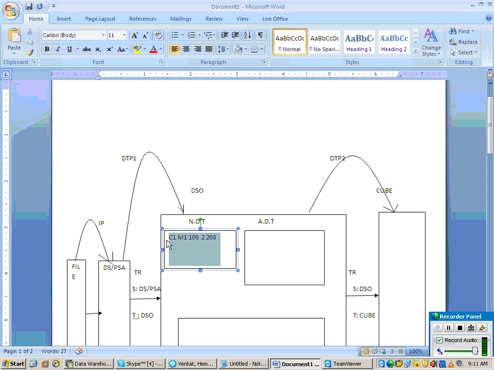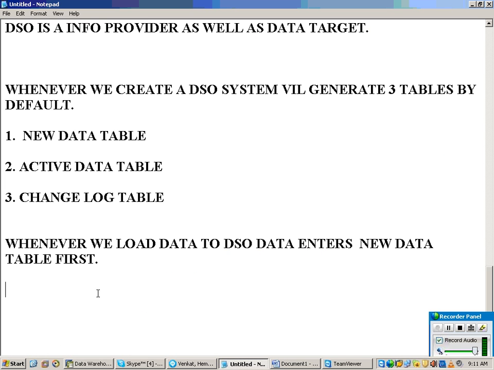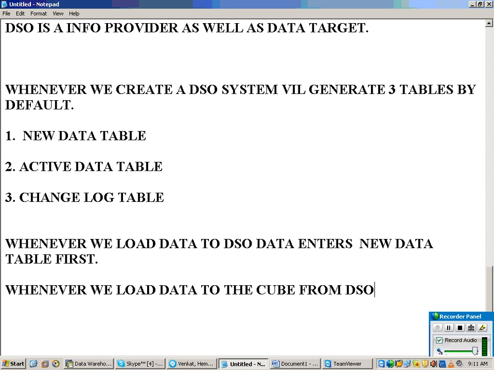Now, whenever we load data to the cube from the DSO, you are triggering your DTP2.